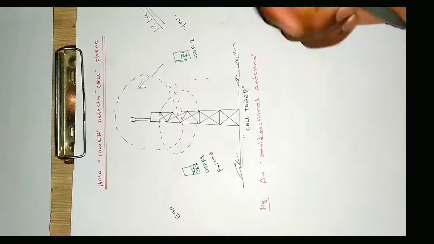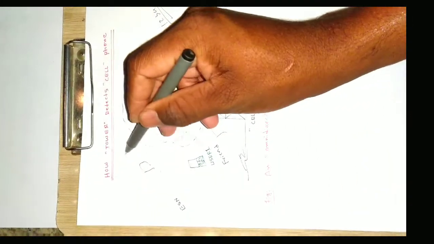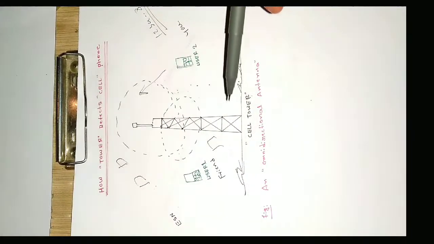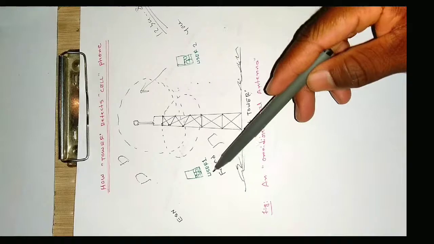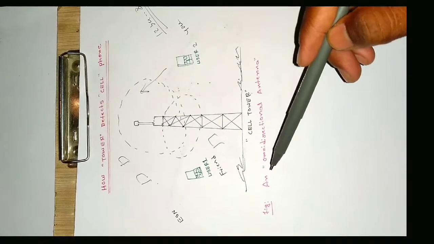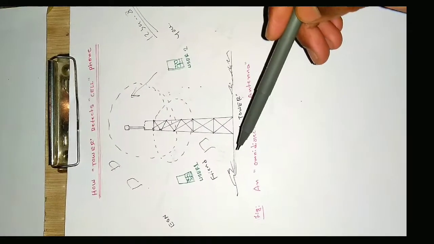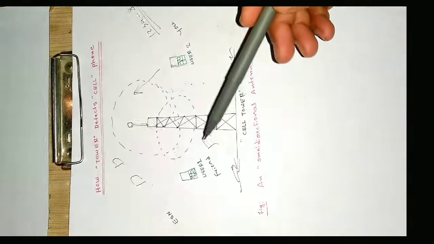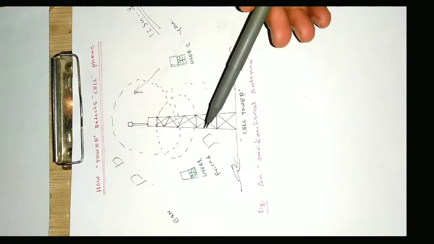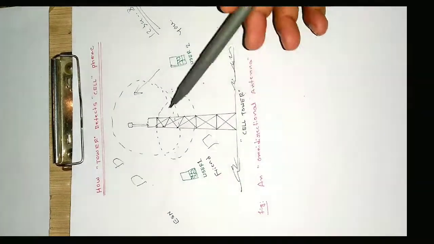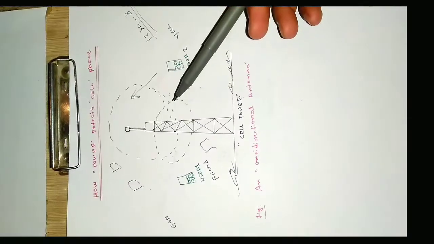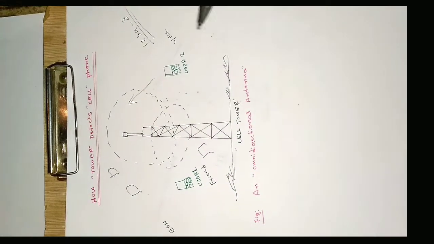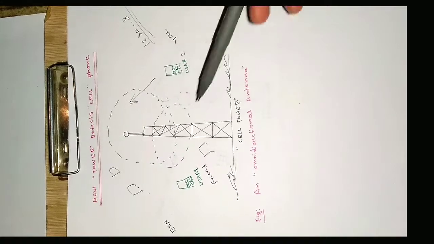There will be some other phones also in the coverage range of that cell tower, but only the phone which has that electronic serial number handshakes the signal. It sends an acknowledgement saying, yes, I have received the signal and I am in the range of your coverage area, so you can send me the data. That is called handshaking, meaning mutual understanding between the tower and the user phone. This is how a typical calling process works, from dialing the number to connecting the user.